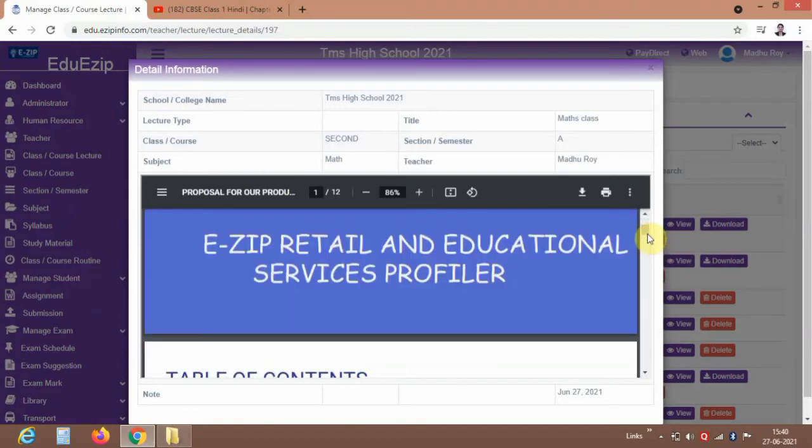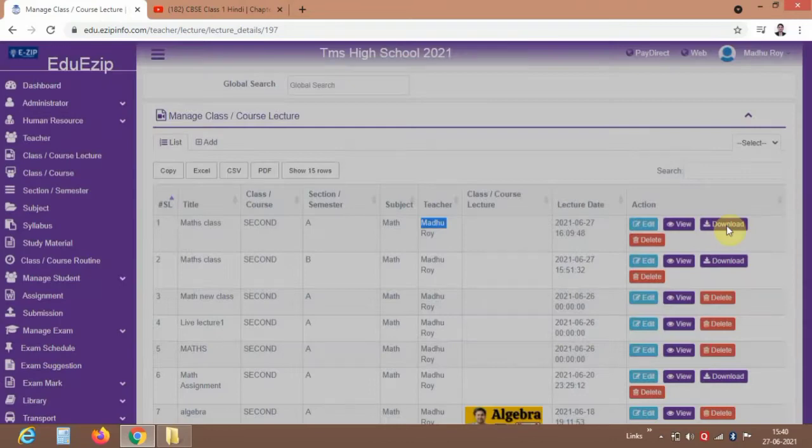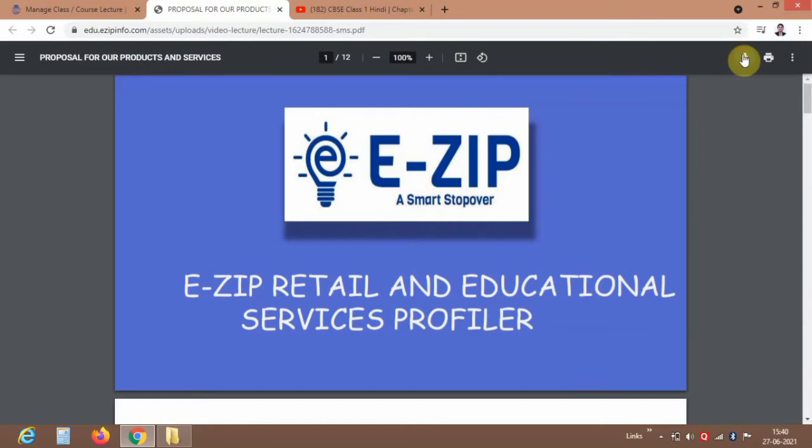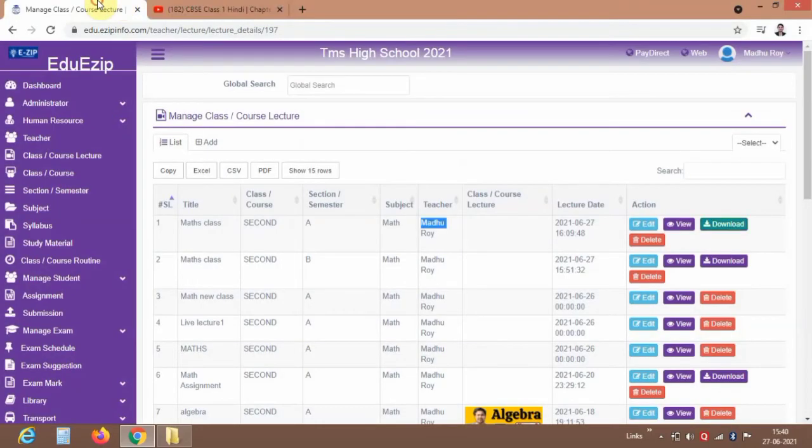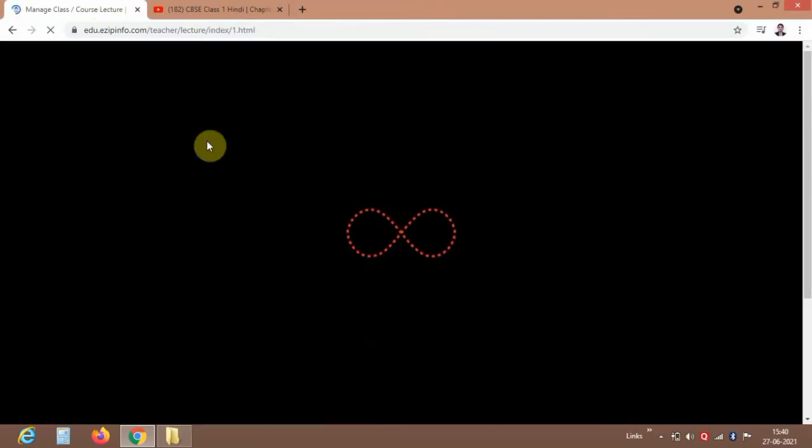I can also move from slides to slides, and if they want to download it, they can easily download by simply clicking on the save option and this will get saved. The same thing is available in the students login that I will show in the end of this video. Now another option that I am showing is,